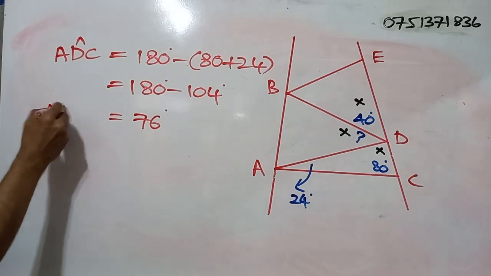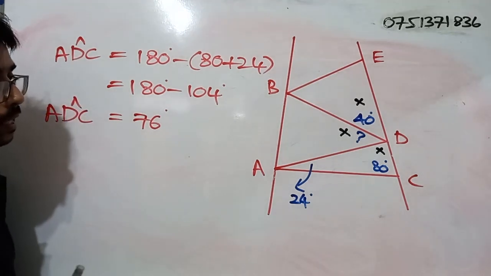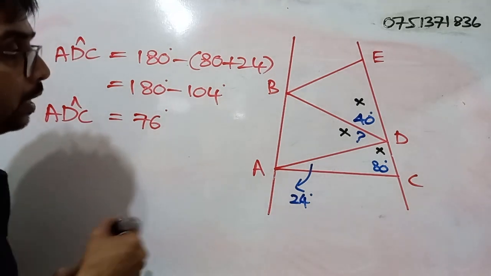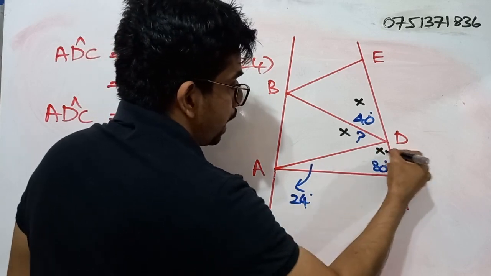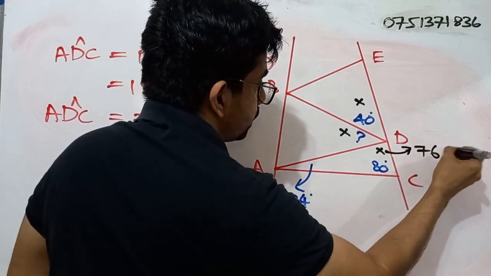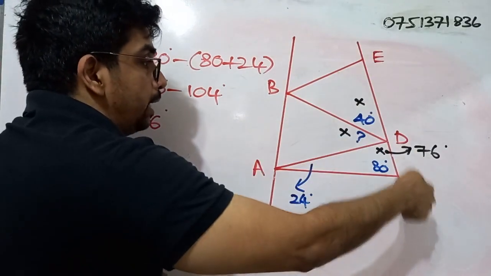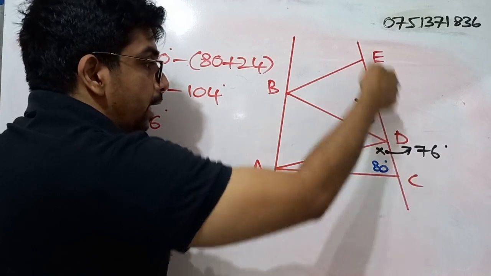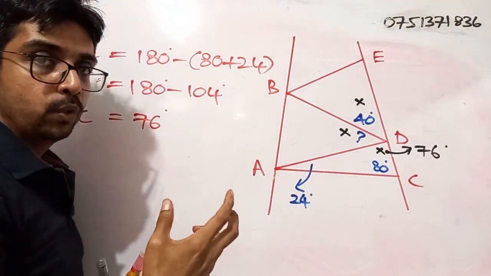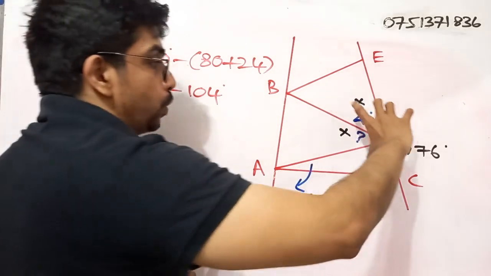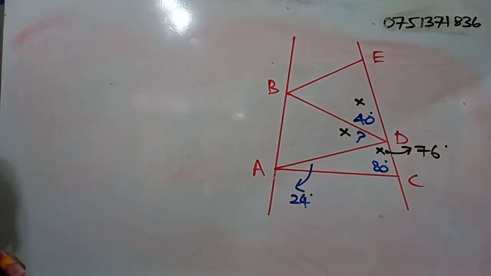So that means angle ADC is 76 degrees, right? So we can write angle ADC, this angle, is 76 degrees. Now we consider again the straight line EDC. These three angles are adjacent angles, so the sum should be equal to 180 degrees. So I can write